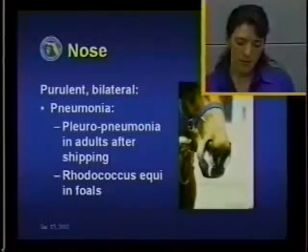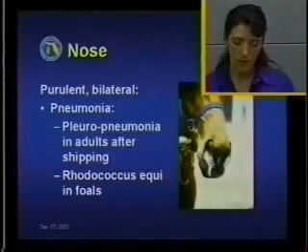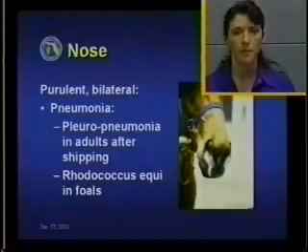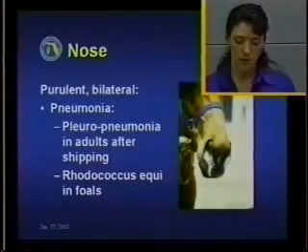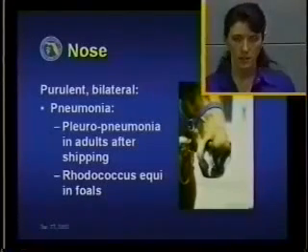In foals, the most common cause of bacterial pneumonia is Rhodococcus equi, which is an organism that tends to form microabscesses throughout the lung. This is a disease that can be diagnosed by transtracheal wash and